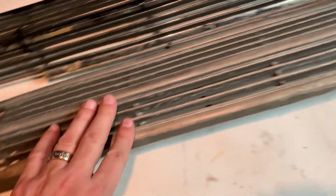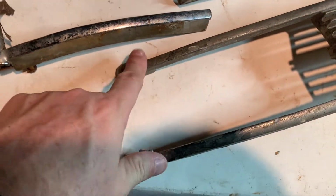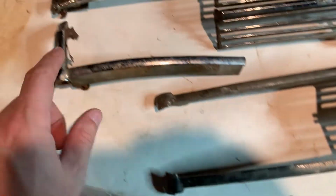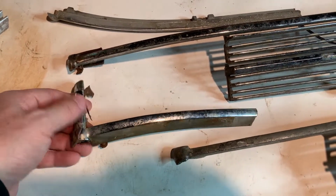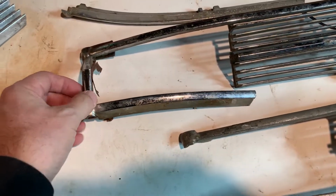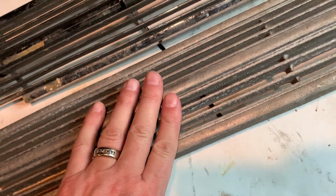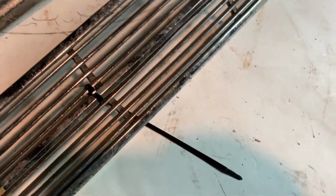And this one I may rebuild as an extra one in event, you know, and this only needs this piece here made, which I could probably create somehow, you know, like this. You know, get a piece of aluminum and make that up. It doesn't have to be exactly like that, but it can just be pretty close, and this one would be complete. So this would be the easier one to fix, really. But again, like I said, I want to fix this one. This is the original one, so we'll bring this one forward